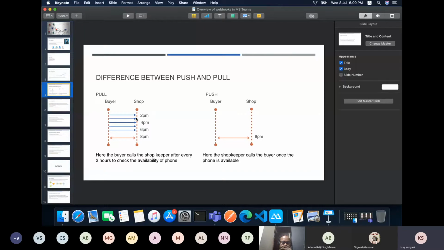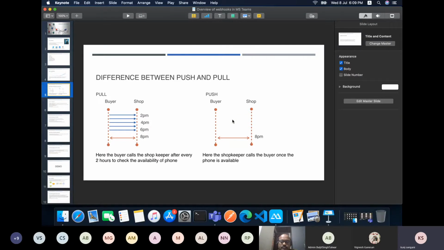The second option is to provide my phone number to the vendor and ask him to call me whenever the phone is available. So, what do you think is the easier and less resource consuming approach? Of course the second one, because there are fewer requests.